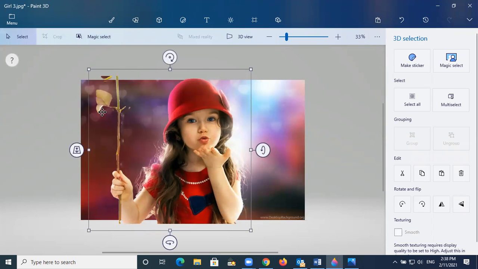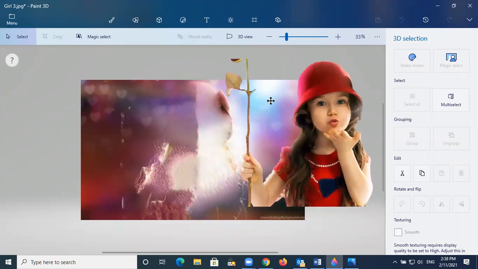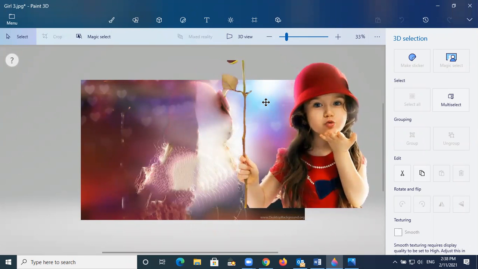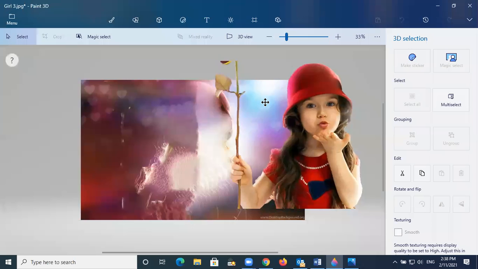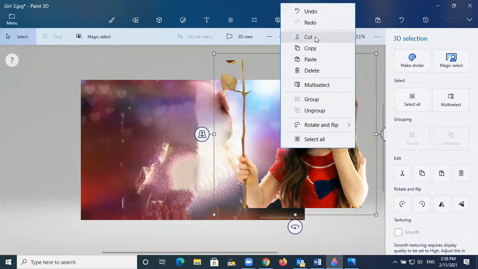After clicking done, it shows that this is whatever you chose. So see, you can just remove it. This is whatever you have chosen. Okay, so this is really interesting. This is what you cut from the original picture. So now what you are going to do, you just copy this one, right click and copy.